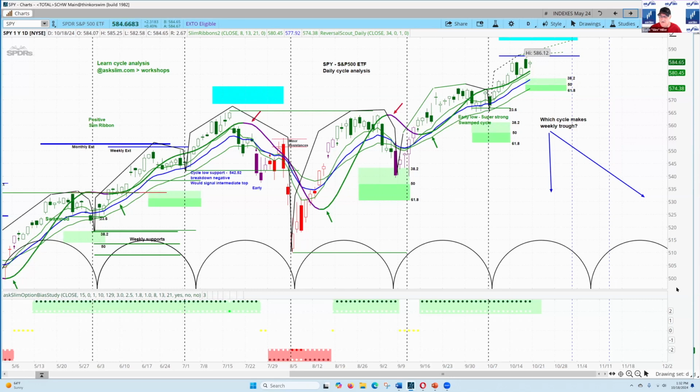And when I was there, traders were writing to me that they were getting run over by being short options, puts or calls, depending on the time. I wanted to develop an indicator that could help you avoid that so that you would not get run over by the market. I know lots of people right now have been shorting options and getting run over by the market. This helps you a lot with that. And you can see that it's still strong. Right over here, both the slim ribbon and the reversal scout are positive, and that gives you a sense of how strong this is. This was a swamped cycle.